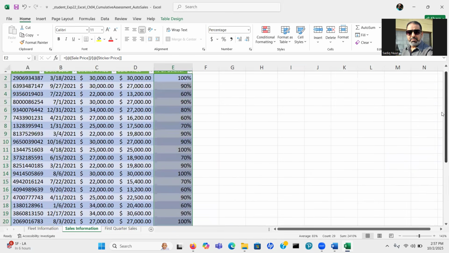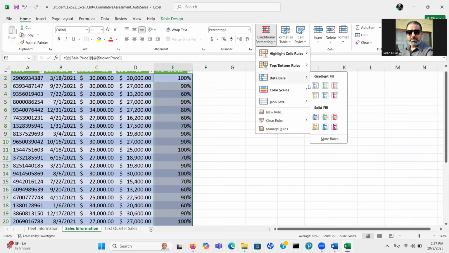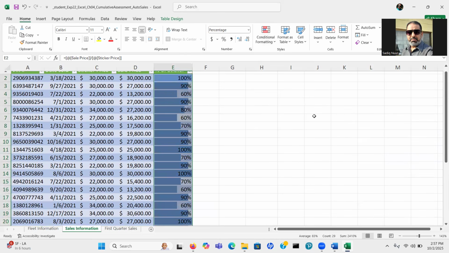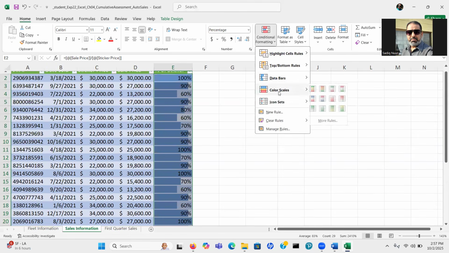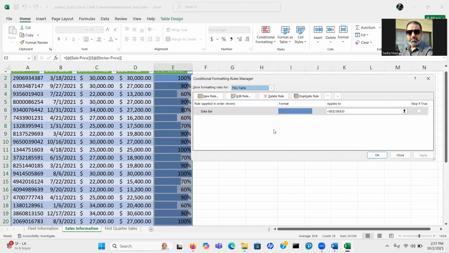So we highlight it. We need the data bar and the solid bar done. Then we have to go back here. And if it doesn't work, we can go to manage rules. So we have only one rule.